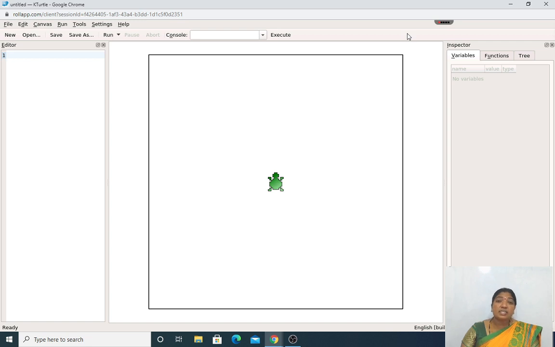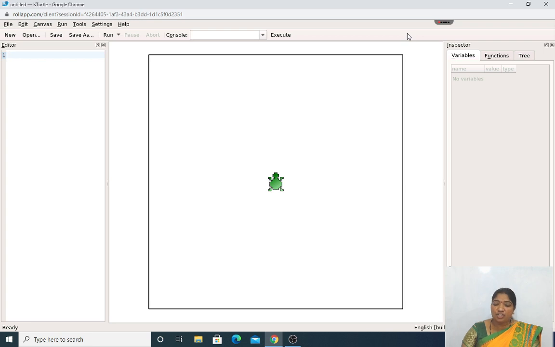The next, center command, clear command, pen command. In the pen command, you will have the color of the pen and the width of the pen. The color of the pen is changed with the pen color command, and to change the width of the pen, we can use the pen width command.